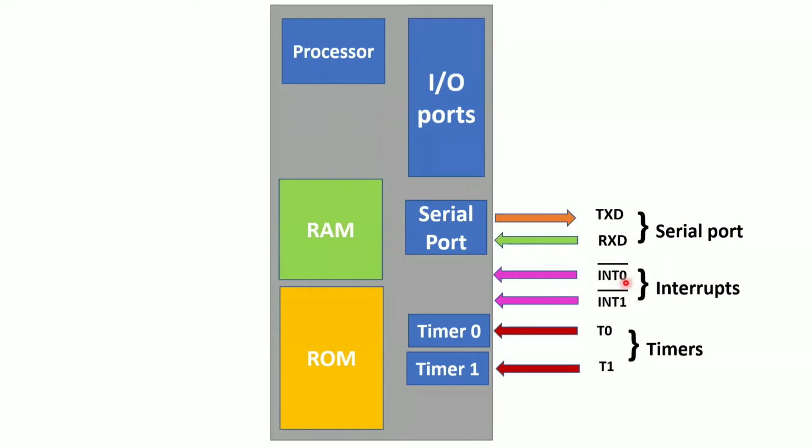INT0 and INT1. Now the remaining 3 are timer 0 interrupt and timer 1 interrupt. Why are there 2 interrupts? Because we have 2 different timers, 2 independent 16-bit timers, timer 0 and timer 1. That's why we have 2 independent interrupts for timers. So the total becomes 4. Now coming to the serial port, there is only 1 interrupt. So that becomes your total of 5 interrupts: 3 internal, which are 2 timer interrupts and 1 serial interrupt, and the remaining 2 external interrupts, INT0 and INT1, right?